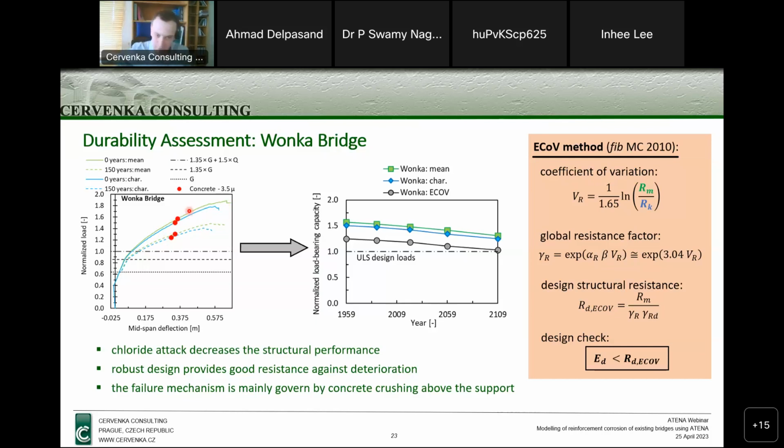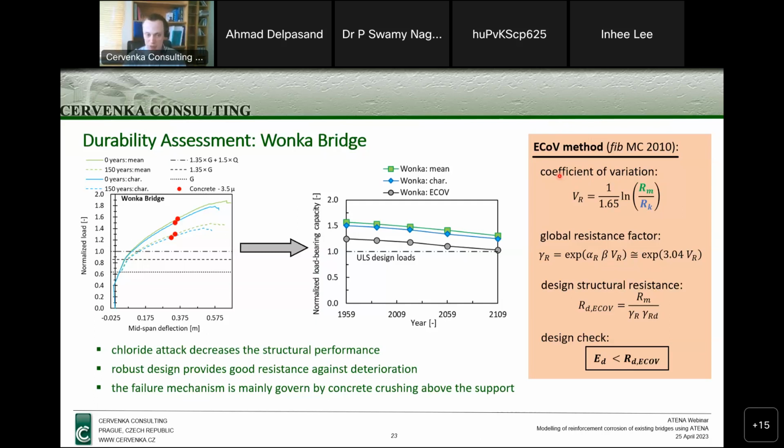This method, the abbreviation for estimation of coefficient of variation method, can be used for assessing the design load-bearing capacity according to the FIB code. So this analysis relies on the assumption that the load-bearing capacity of a structure follows log normal distribution,